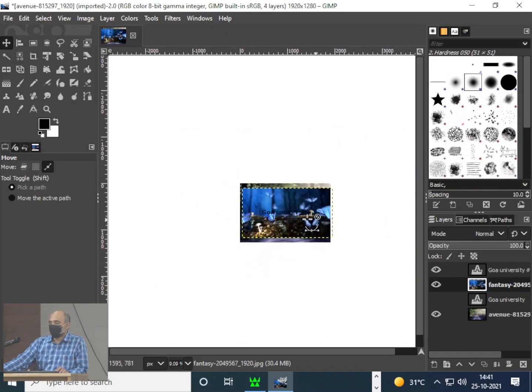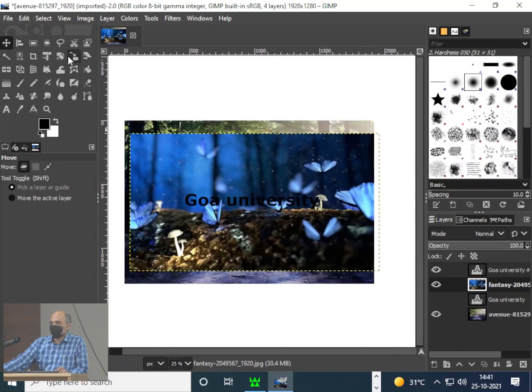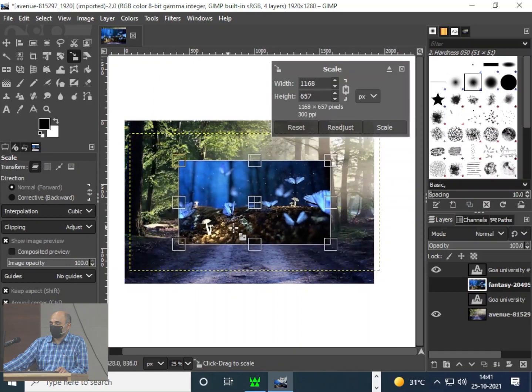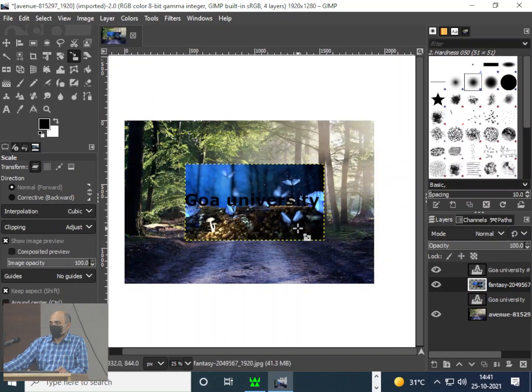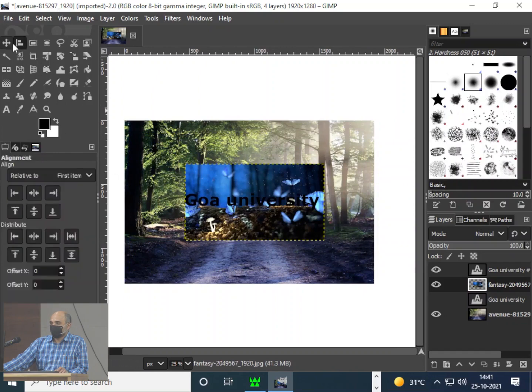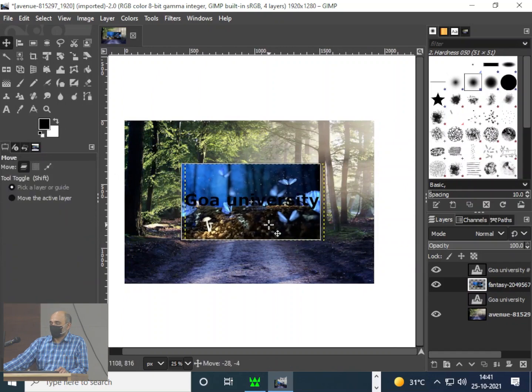Now there is one way I can take it directly, or I can scale this also. So this is what I want on Goa University. That Goa University should be made of this image, for example. How do I do it?